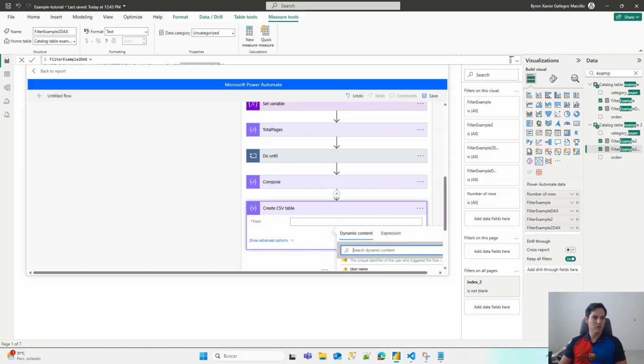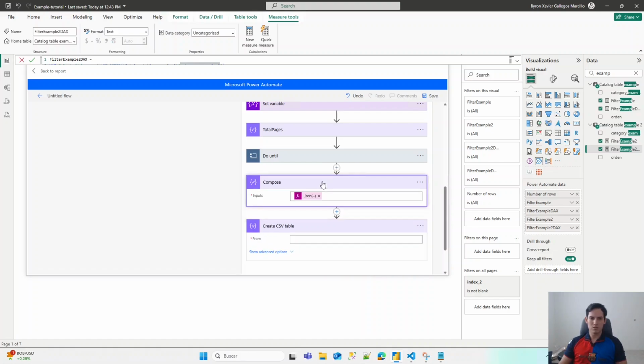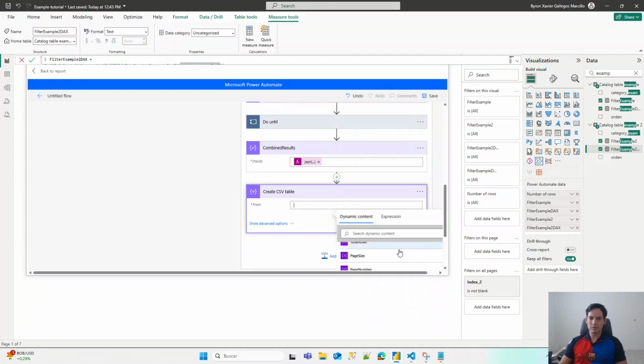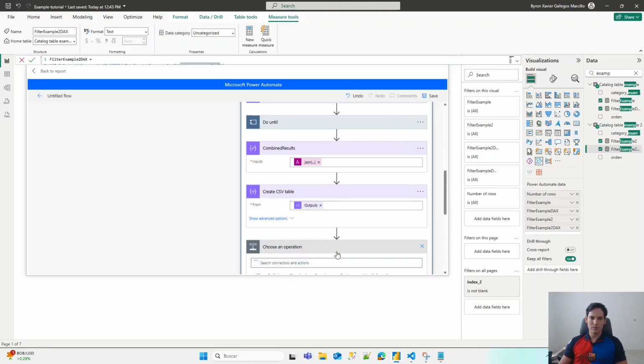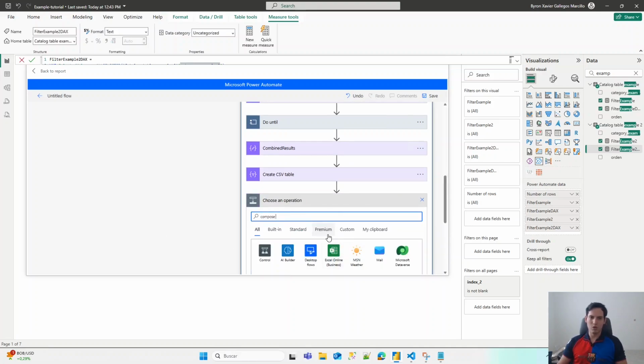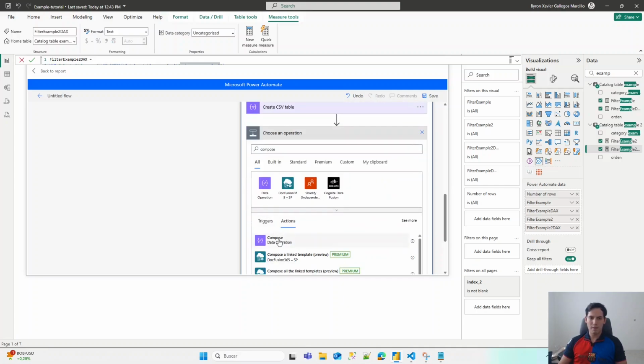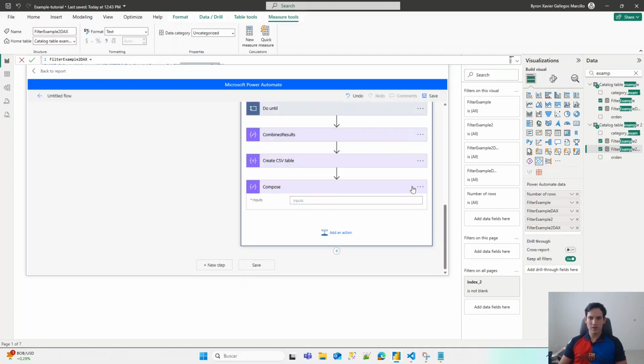Sorry, my fault. I forgot to change the name, so that's why I didn't find it. You should change the name right here to combine results, and then call that output right here. Yeah, there you go. Then you should call for a compose. The name of this compose should be compose1,